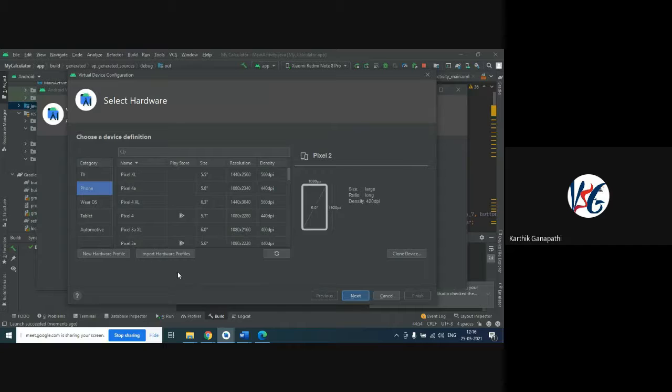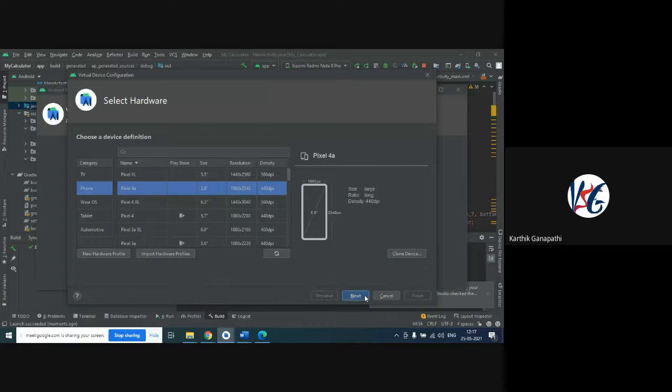So for Windows-based Intel systems, it will work, because it has an Intel-based architecture. Okay, sir. If I want to add an AMD-based device, I need to import some hardware profiles, which are available online and which we need to download. Once this is done, we can choose which type of device we need to have.